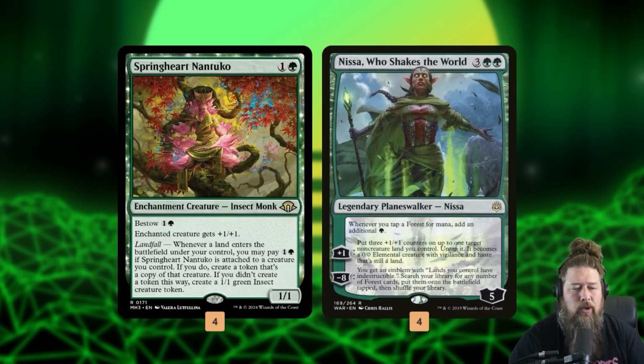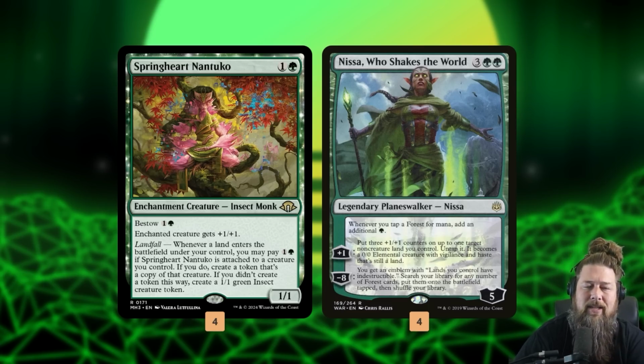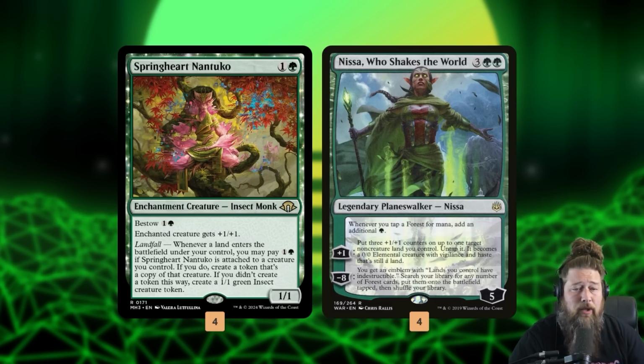Nantuko. And now we have this new land that taps for 2 mana, so we can use that land to pay the 2, to use Springheart Nantuko's ability to make another land to pay the 2. Do it again. Basically, we make infinite forests, all of them tapping for 2 mana. By itself, this just makes an absurd amount of mana, right? We just make an infinite number of lands, and then I guess we can use them to cast spells